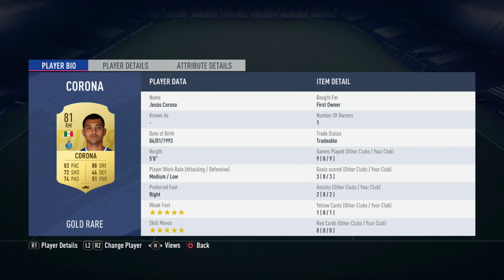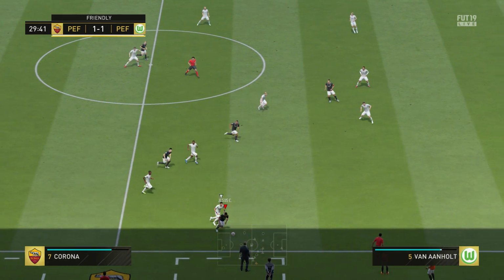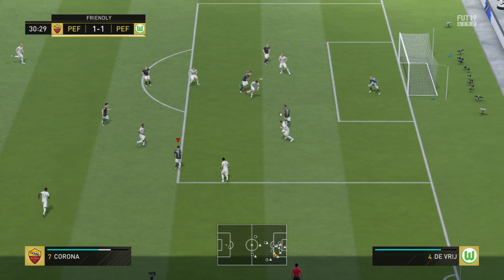But Herrera, decent player. He was only in the squad for this guy, Jesus Corona, a new 5-star skiller this year, who also has 5-star weak foot, 83 pace, 88 dribbling, 72 shooting, and 74 passing. And he was a really fun player to use actually. Despite him not having the perfect stats, having 5-star skill moves and 5-star weak foot is